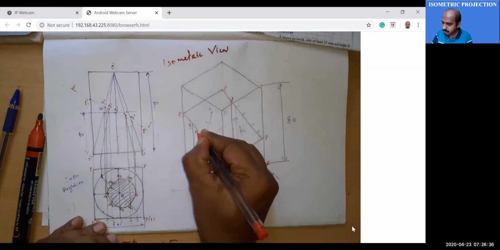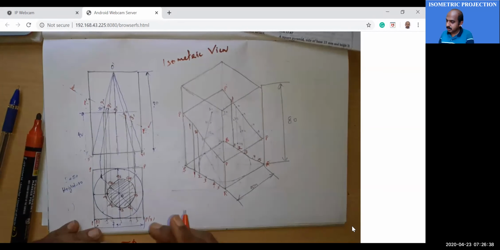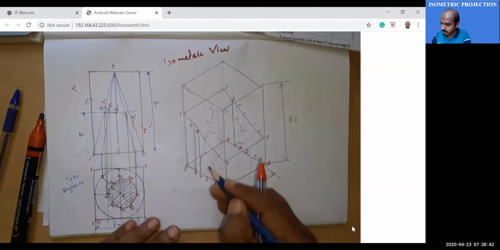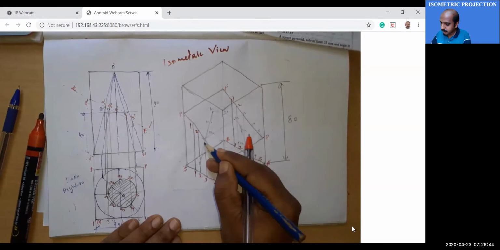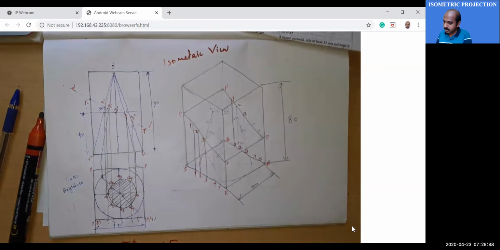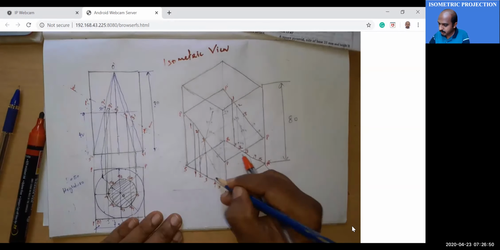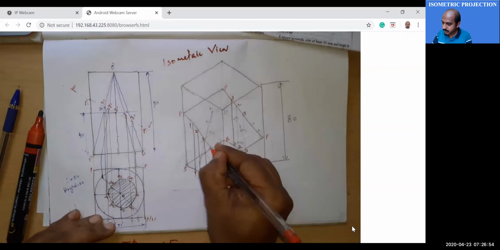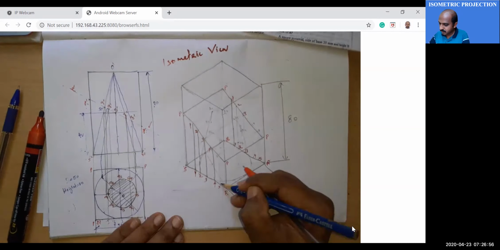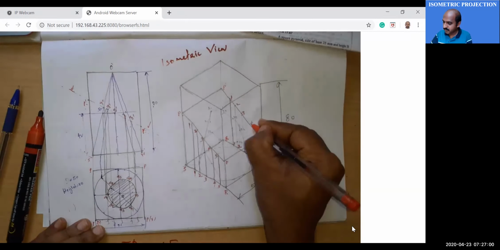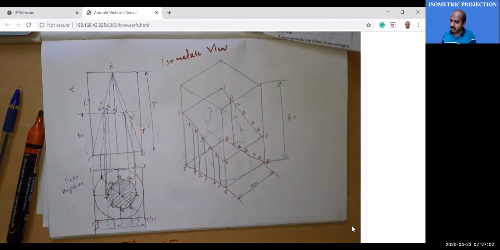A perpendicular. So 2. Here also you locate 2, and from 3 you draw a perpendicular, and this is your 3, and here you have 3. And from 4 you draw a perpendicular that will meet with the PP line, which is that point P. And 5 also you can locate. This is your 5. So 4 and 5. Okay.